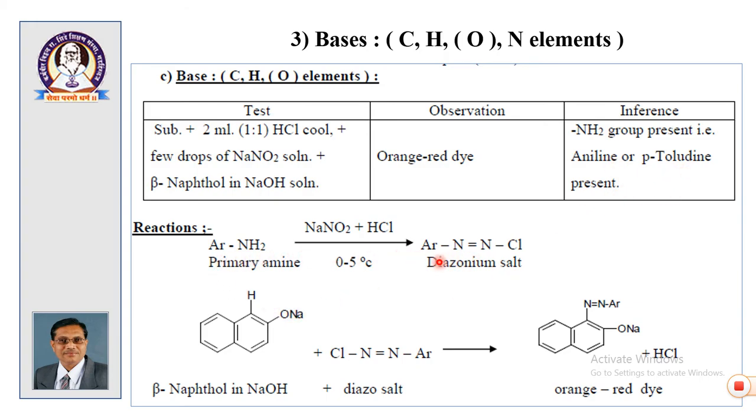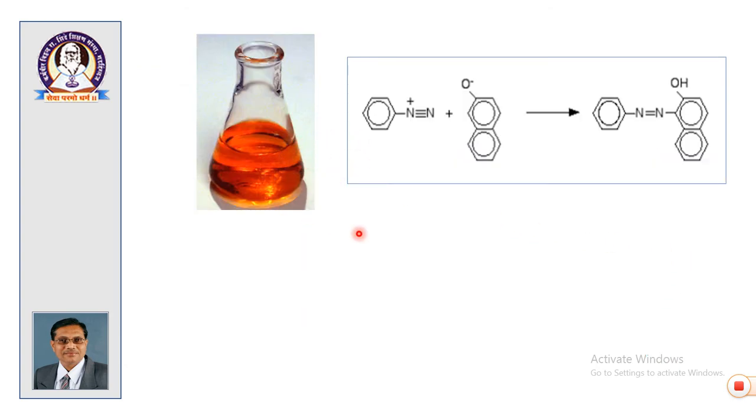So, this is the general reaction. The first reaction is called diazotization. You convert the NH2 group into an N2Cl group, and the second reaction is called the coupling reaction, in which the sodium salt of phenol couples with this diazonium compound, giving a complex which is called an orange red dye. So, it is observed for amino compounds. So, for investigation of a basic compound, we can differentiate by considering the physical type also. Orange red dye with a liquid compound is aniline, orange red dye with a solid compound is paratoluidine. Then this is an orange red dye.